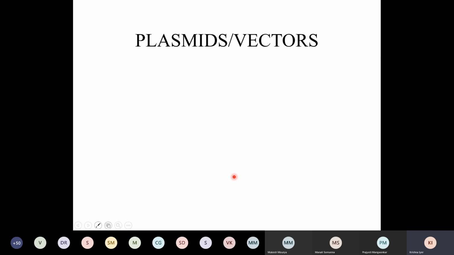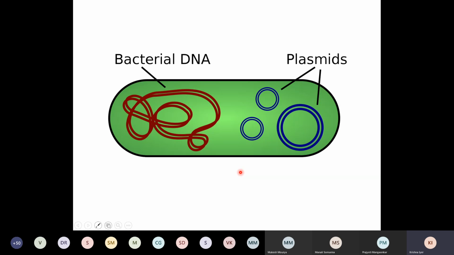into the organism where you are going to try and amplify it by what are called vectors. We were taking an initial example of a plasmid as a vector, and we said that plasmids are what are called extra chromosomal pieces of circular DNA. Extra chromosomal means they are present outside of the main chromosome of the bacterial DNA, and these plasmids are many times seen in bacteria, and they are also seen in yeast cells